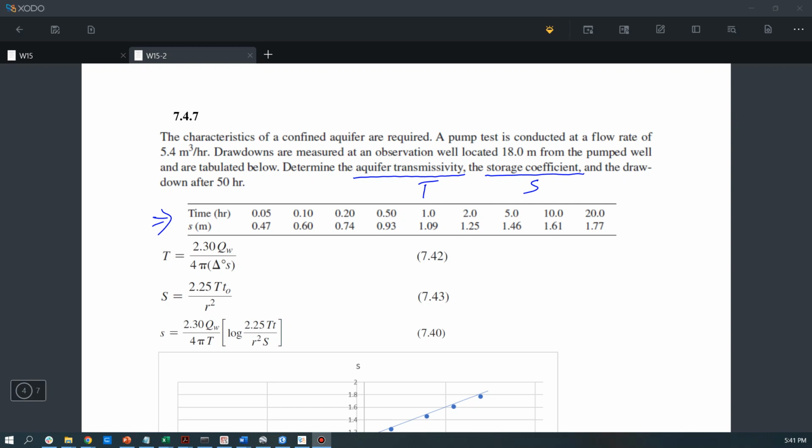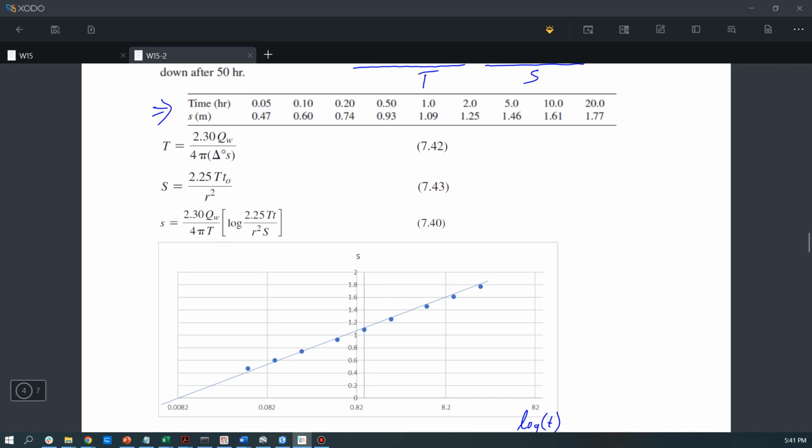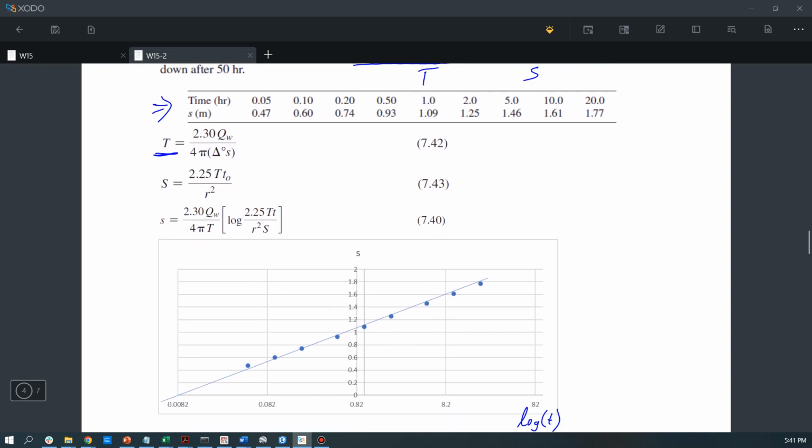Okay, so let's first plot those field data into an Excel. This is the log t on the x-axis, and this is the drawdown on the y-axis. The T, the aquifer transmissivity, is actually the slope of this line. No, it's not. I mean, the slope of this line